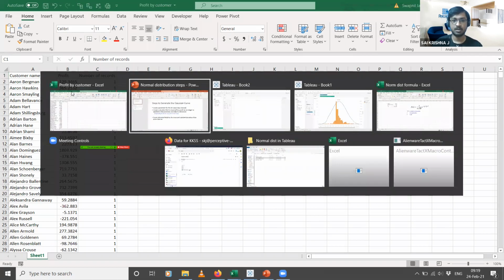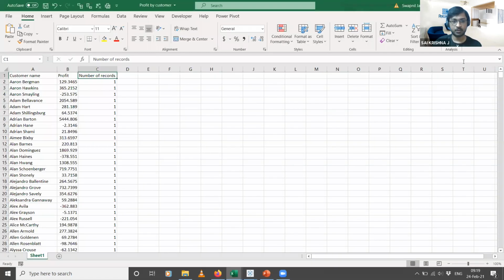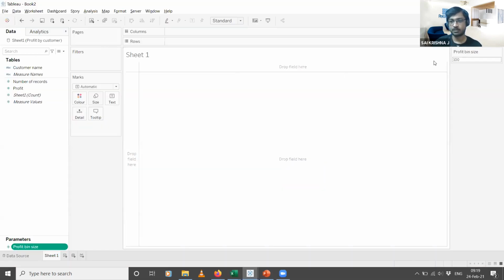Here we have given a bin size of 100, so we need to round this off to the nearest 100. If this is 190, we round it off to 200. If this is 129, we round it down to 100. That round up and round down has to be according to the parameter that we have specified over here in Tableau.